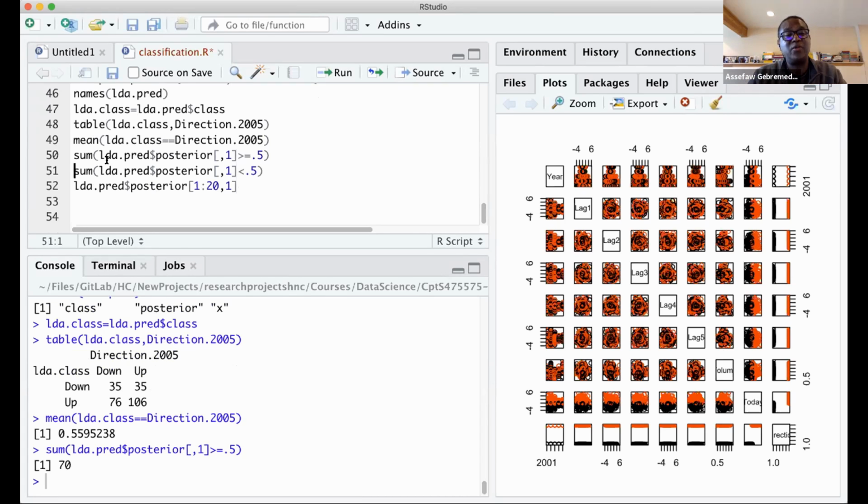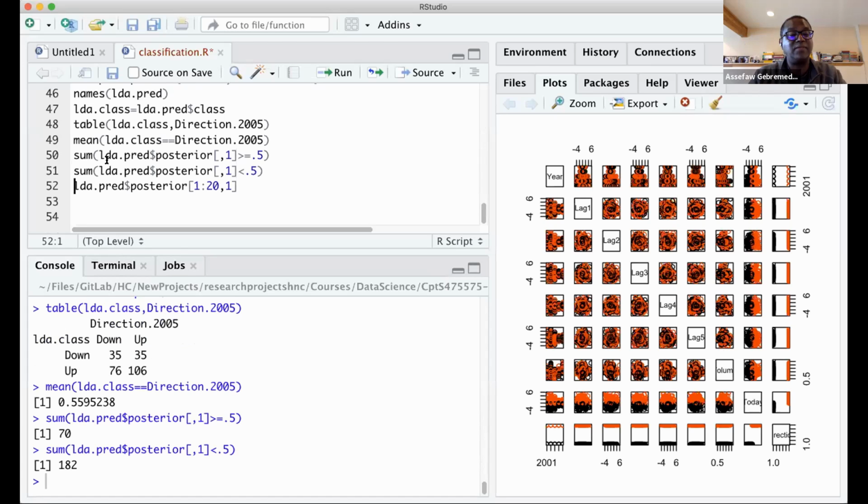The next few lines that I'm showing you will just count how many, and it's for me to show you an example of how to access the class, variable, and X names associated with the LDA function, and that's what these things are trying to recall. When things are greater than 0.5 and when things are less than 0.5 is what I'm trying, and they are being added. And so if you add them up, they would sum up to how many cases you have in